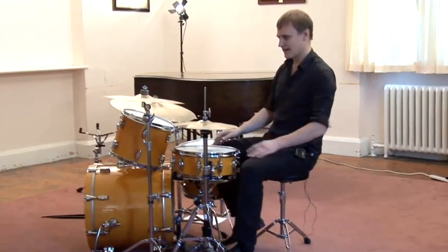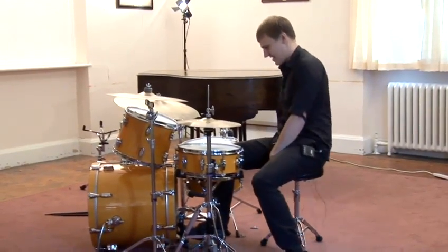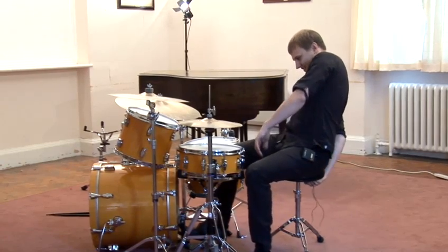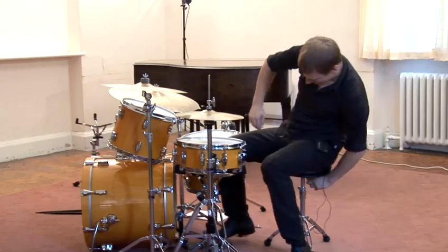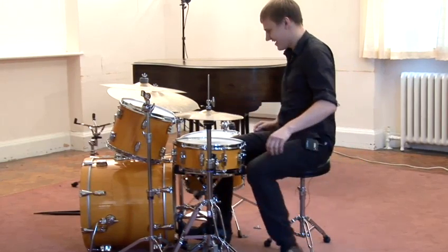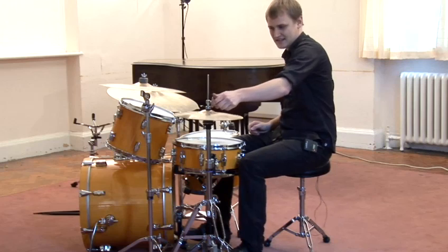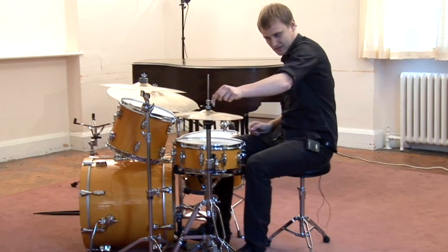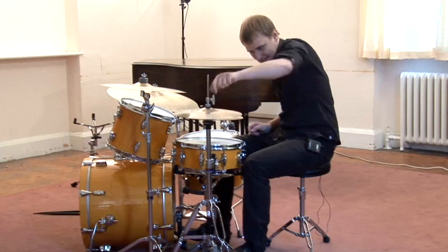So, when you've finally got your kit set up, it's perfectly normal just to check all the screws are tight and make sure your bass drum works. Obviously this hi-hat, there's no air in between it, so we undo the clutch, put the pedal down, and then tighten, and then...